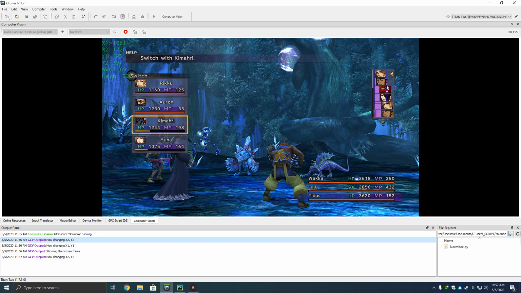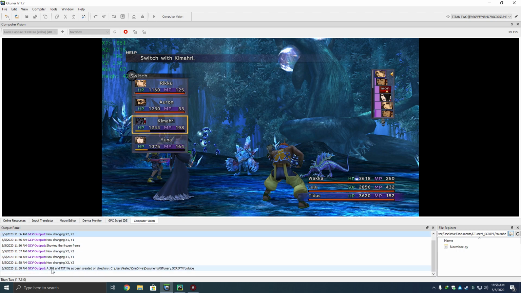Hopefully close enough, but it doesn't really matter as long as the computer can actually compare the picture well. As long as you're not showing two characters like this, you're fine. So just like that, I think it looks good. Let me just bring it a little bit more down, a little bit more to the left. Okay, and let's see. So I'm gonna take the picture now by pressing the LS stick, and you're gonna see